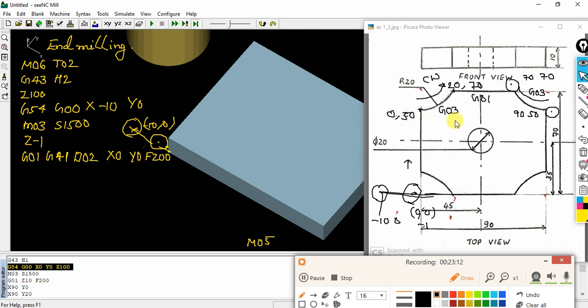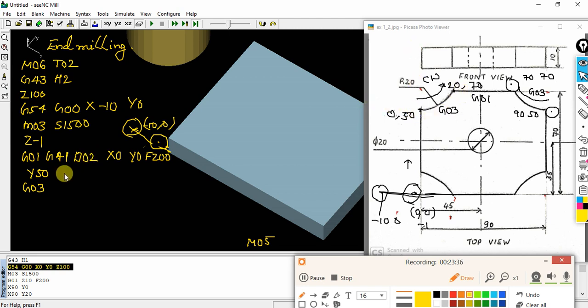Let me say G03 is done. My next position will be Y50. After coding Y50, the next position will be G03, that is circular interpolation in clockwise direction from here to here.